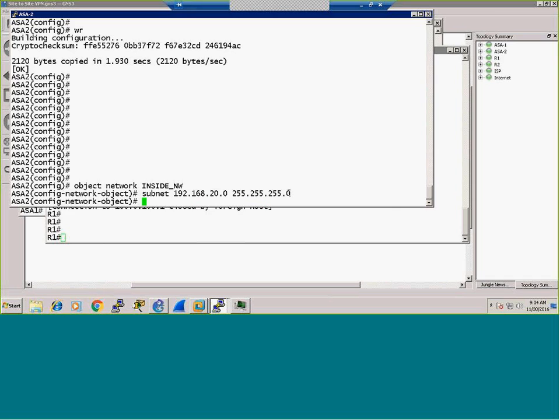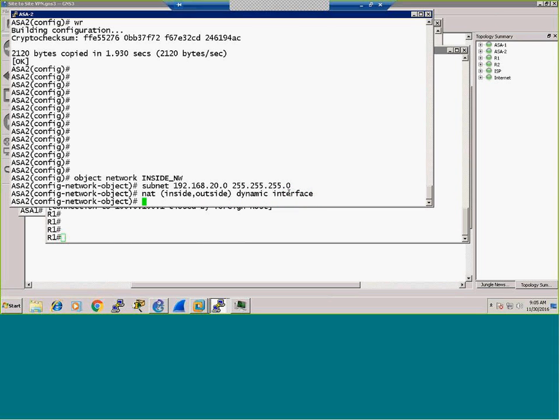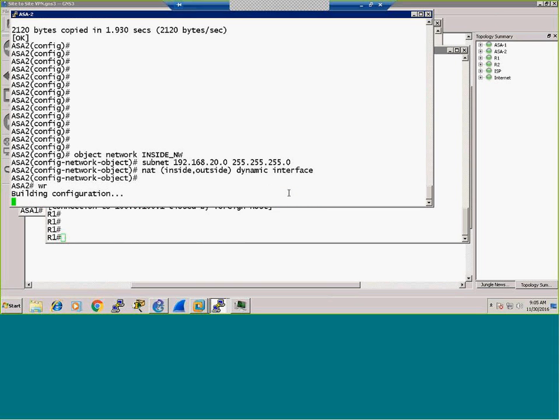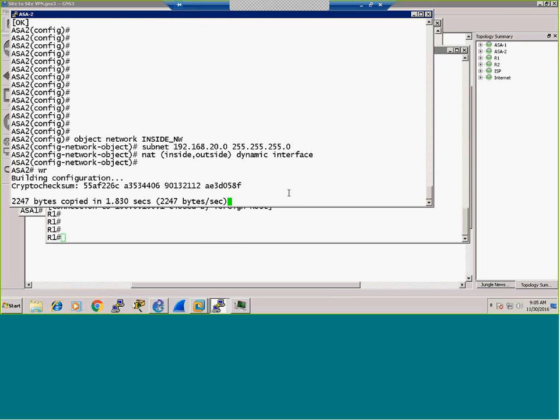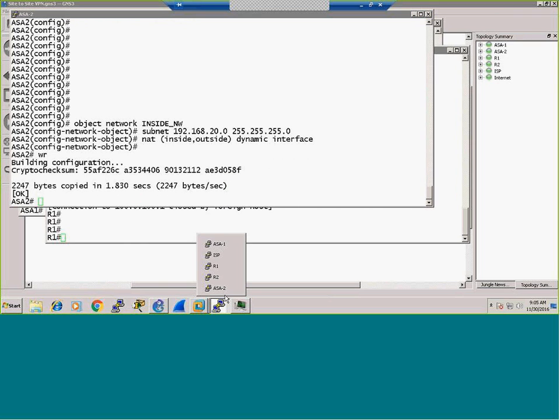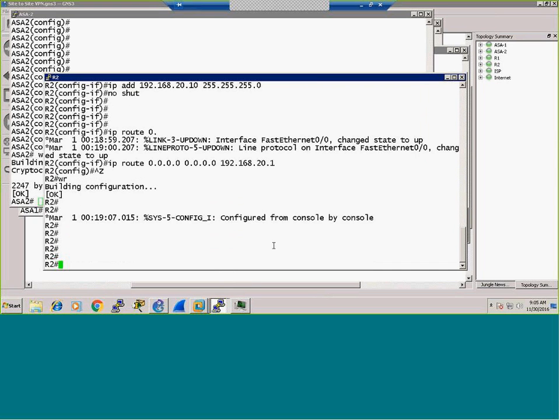Okay, good. And NAT inside, comma, outside. And then dynamic interface. Okay, so I'm just doing a basic PAT configuration out here so that we can do a quick check with regards to that. So again, just like before, I'll get on into router R2, which is behind ASA, and